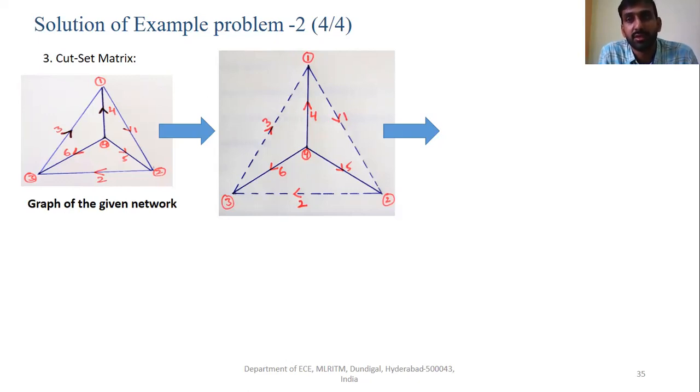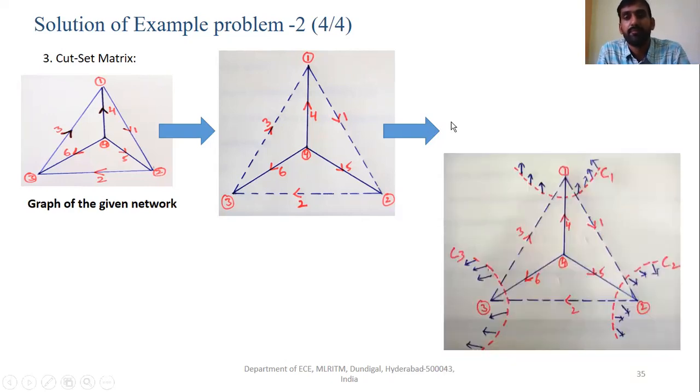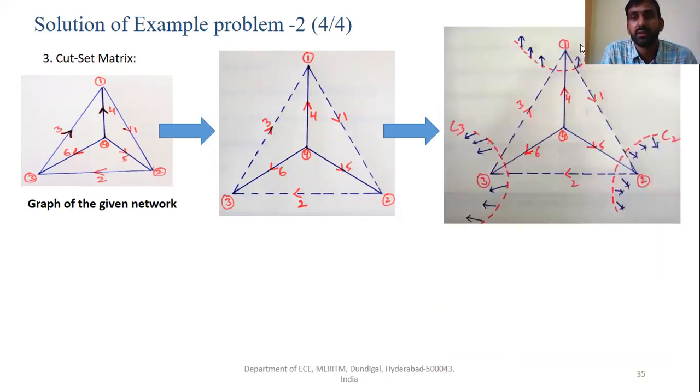So let us discuss the cut set matrix over here. The twigs are 4, 5 and 6. Each cut set should have only one twig, but may have one or more links.